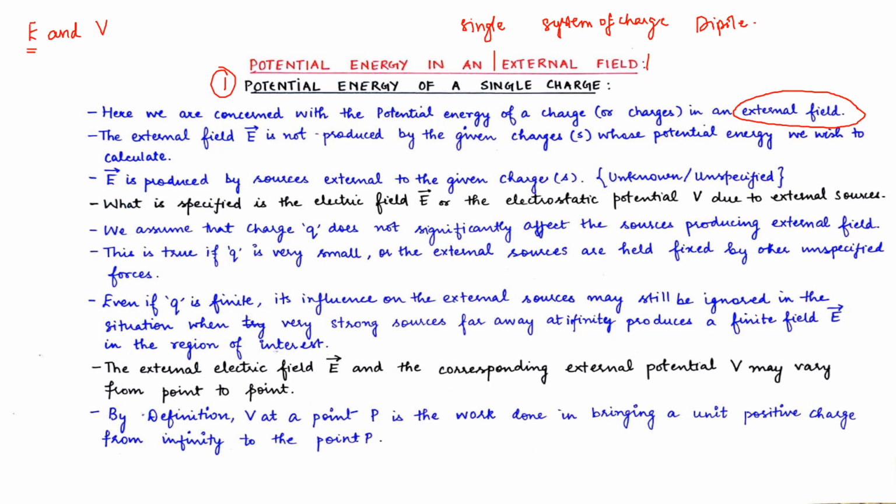What does an external electric field mean? External electric field is the field which is not due to the charge Q1. External electric field is the field produced not by charge Q1. Instead, this external electric field is coming from some unspecified